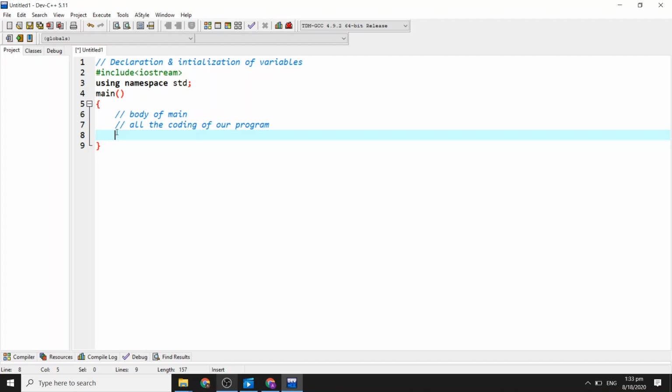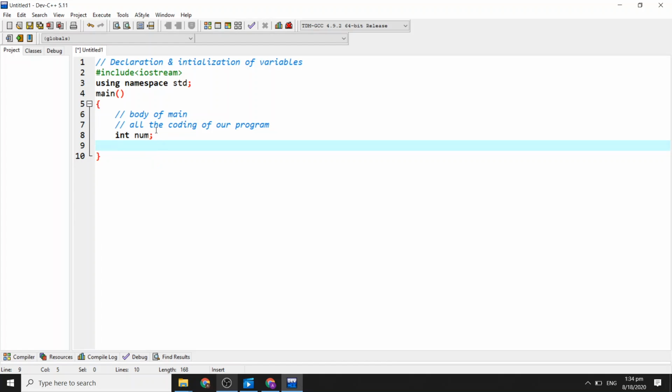Now I'm going to write a small code for the variable declaration. Let's suppose I'm taking an integer type variable. Integer is a data type that can store 4 bytes in the memory, and we can store a whole number here. Int, my variable name is num. You can use any variable name, but it is good in programming to use variable names that are related to the data you are going to take. As I'm going to store a number in my variable, I'm using num here.